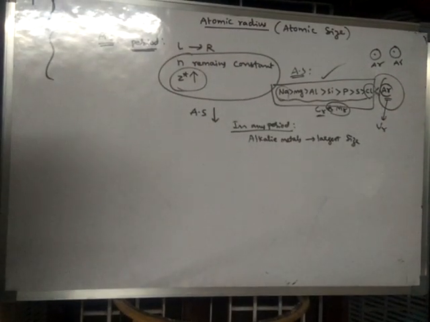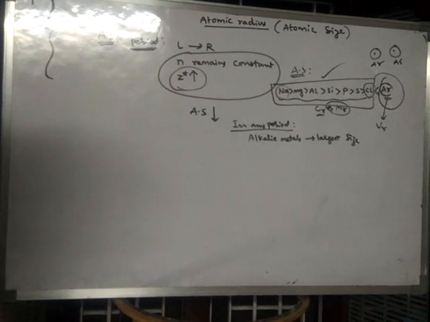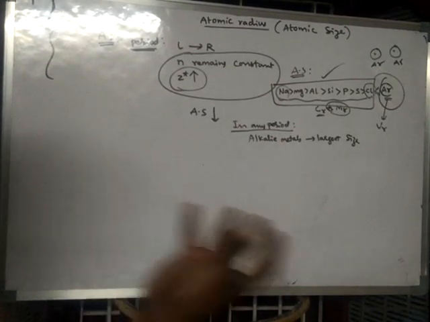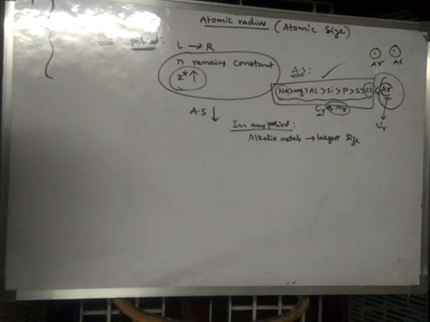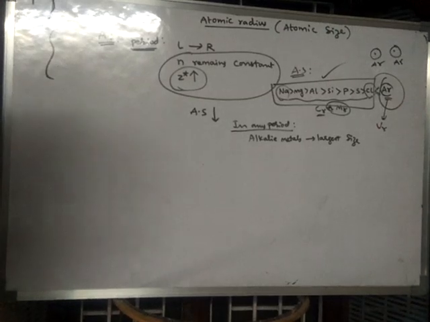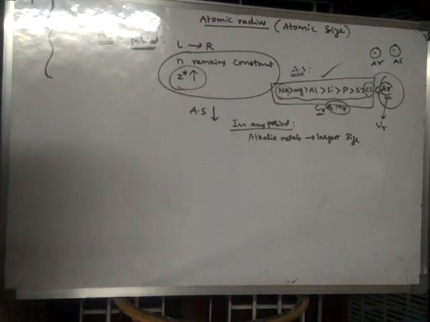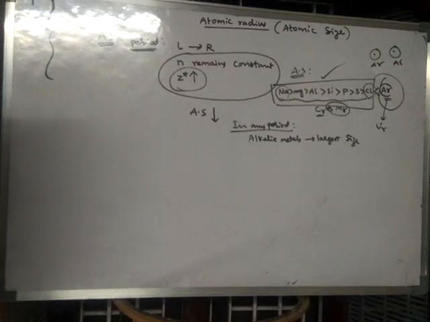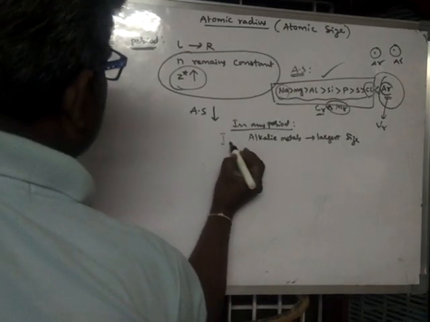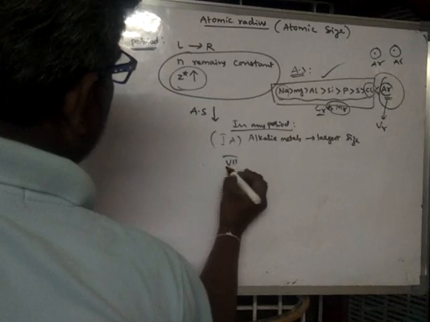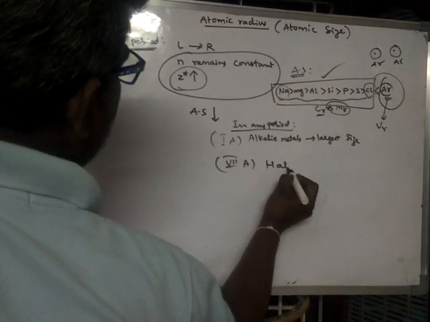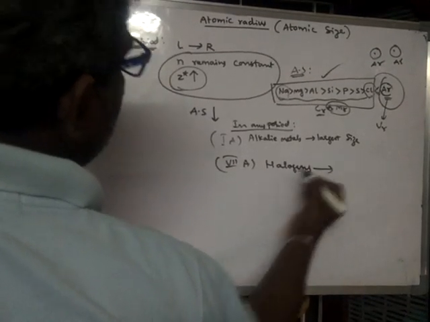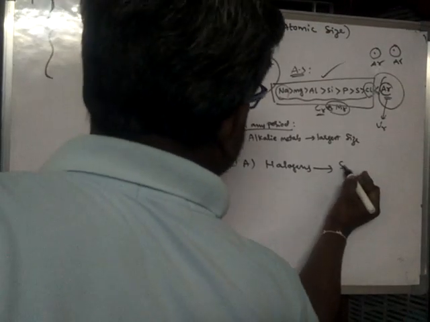Generally we don't study the properties of non-reactive gases, because they are non-reactive and do not show special properties. Chemistry deals with the reactive elements only. Which elements are reactive? Only up to halogens. Alkali metals are the first group elements, and the seventh group elements are called halogens. So the halogens possess the smallest size.